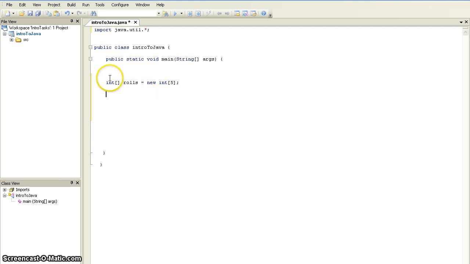So instead of creating an integer, which will look like this was just for roll 1, I'm actually this time creating an integer array called roles, and I'm saying to Java, this is a new integer array that will store 5 integers. Okay? And now when I roll the dice, I can say